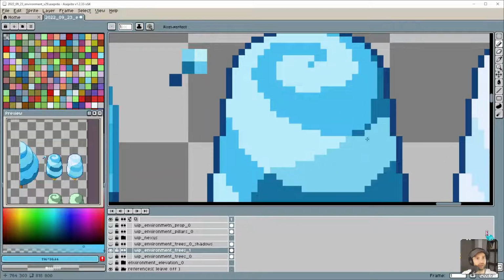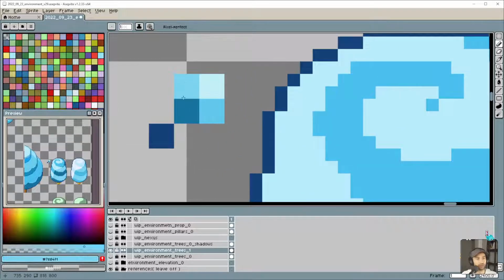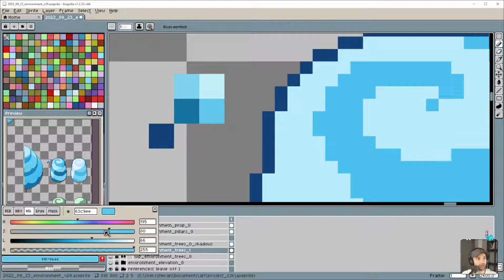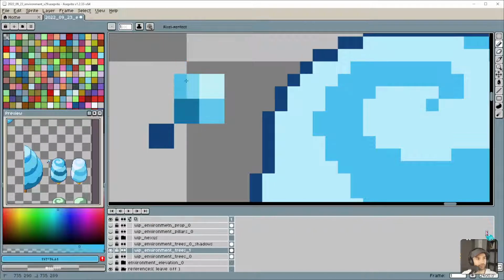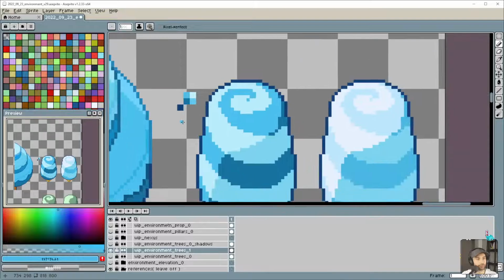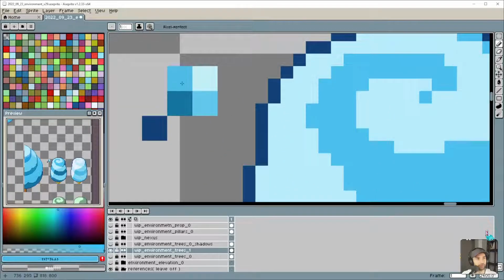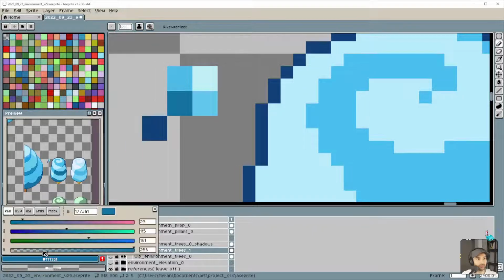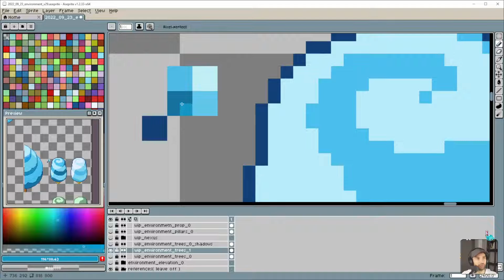And then for these ones here, so I want to actually take from this and darken that one up. That might be a bit too dark. And then this one, I want to soften this one up a bit. Don't need it to be quite that dark, but we do want it to have a little bit of dark to it.